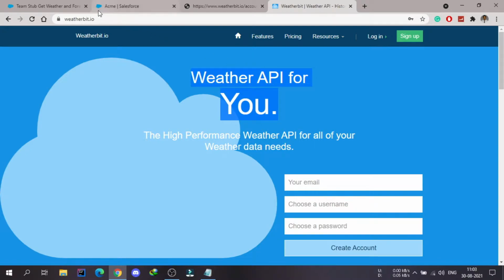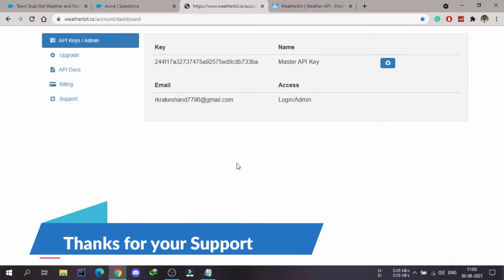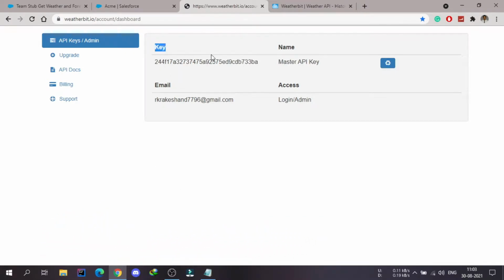Just go to that website, and there first of all you need to sign up. I'm already signed up to this website, and after signing up you need to enroll for an API key which you will use with the API URL. This is the dashboard which you will get with the key. Whenever you sign up, it will take 30 or 40 minutes to get the key activated, so after signing up, just be patient and then you will get your key activated.